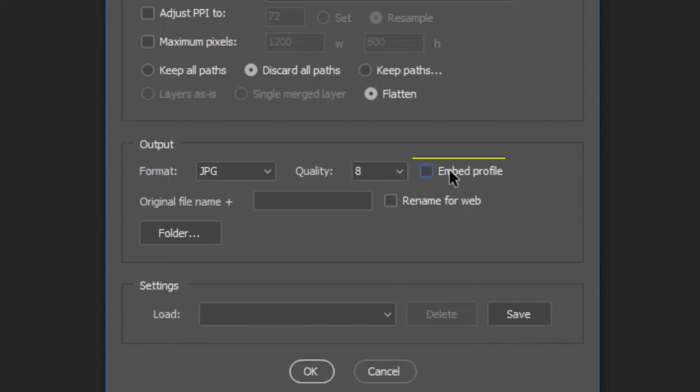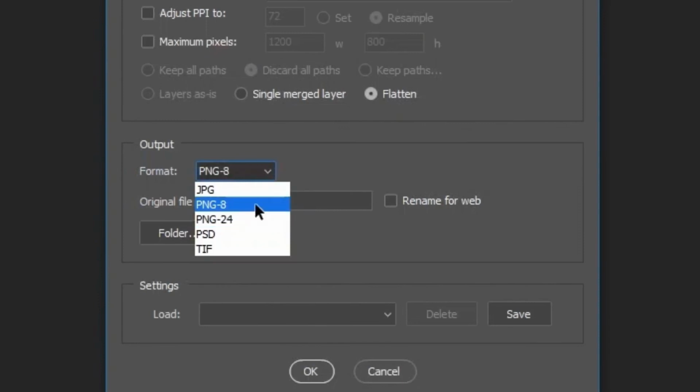Next is Embed Profile. This is essential for print, but for web, it's optional. Just make sure web images are converted to sRGB, web standard. For PNG, there aren't any special output options. Quality is always best and profiles are never embedded. The difference between PNG 8 and PNG 24 is bit depth.